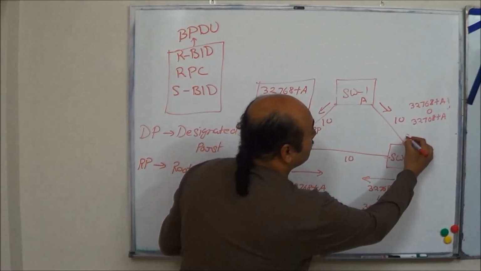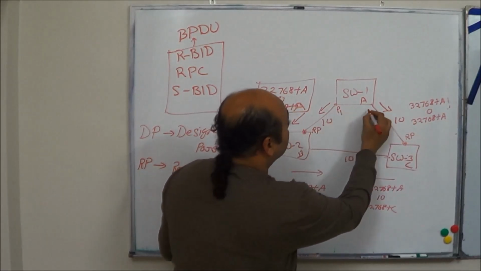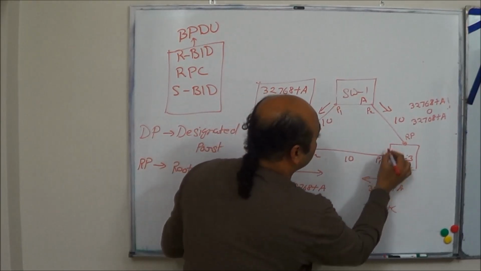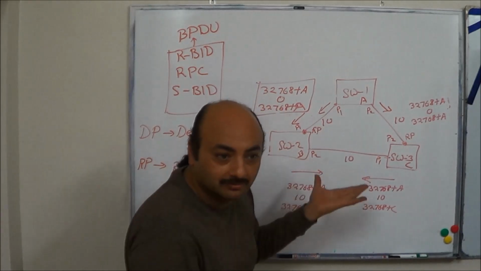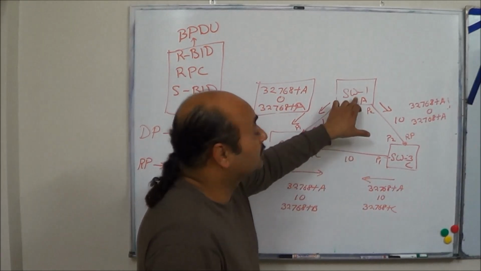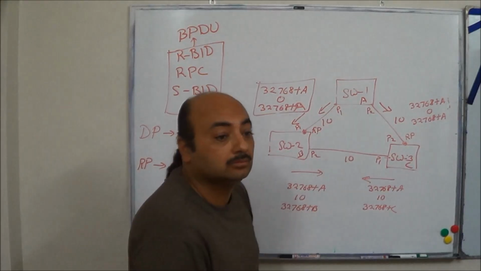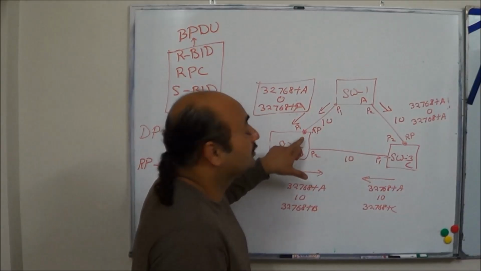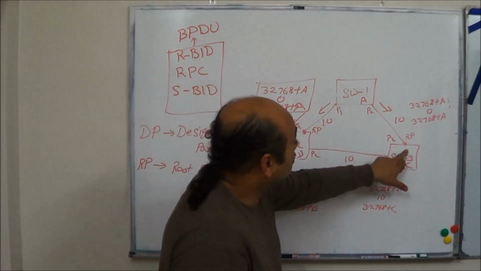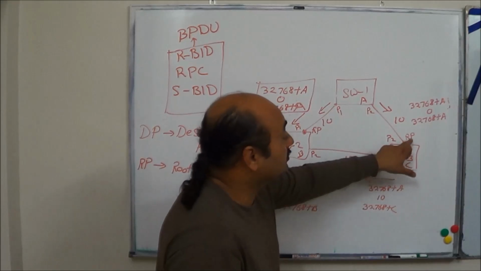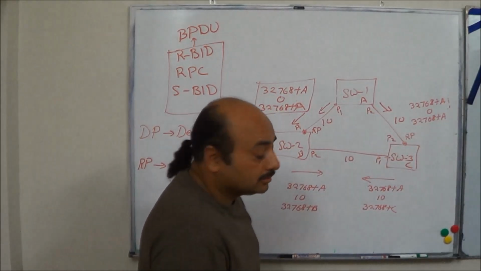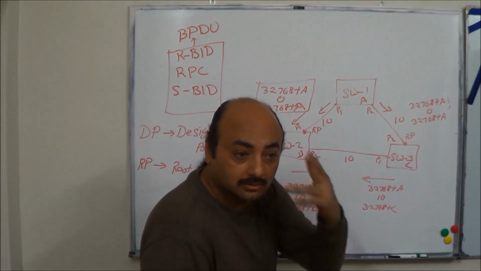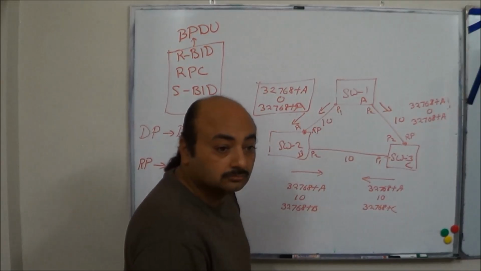This becomes a root port. Can I label them as P1, P2? Port P1, port P2? We have been labeling the ports now. So P1, P2 on which one are? Designated ports. Very good. Port P1 on switch 2 is the root port. Port P2 on switch 3 is the root port. We cannot break the link here. That means the link has to be broken here. Cut here. Clear?